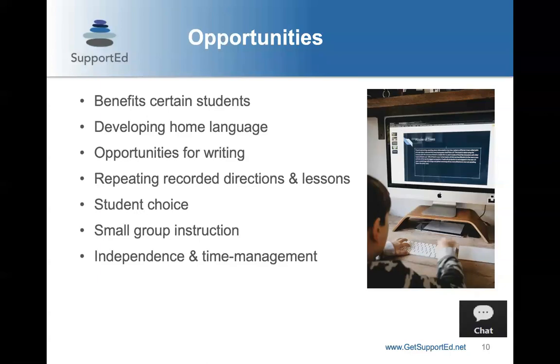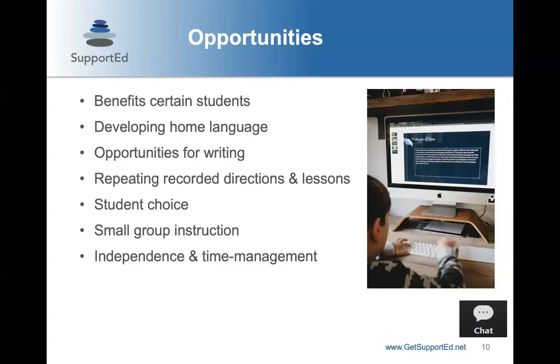So we know that certain students who might have school-based anxiety, or students who are shy, this has been an opportunity for them to learn in different ways. And I've heard stories of teachers telling me that some students who were very shy are now speaking up more when they're working in small groups or having virtual meetings. This is also an opportunity for students, our ELLs, to develop their home language. They're home with families, so they can really take that opportunity to speak and learn in their home language.